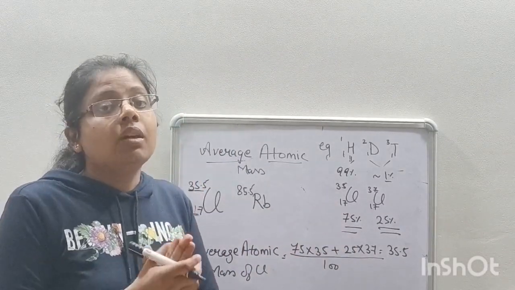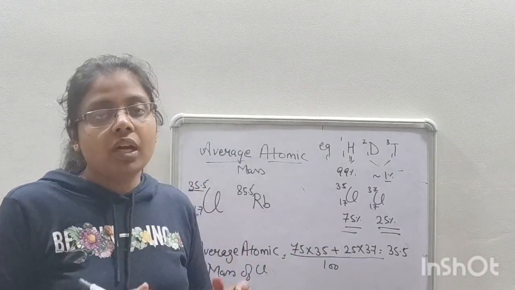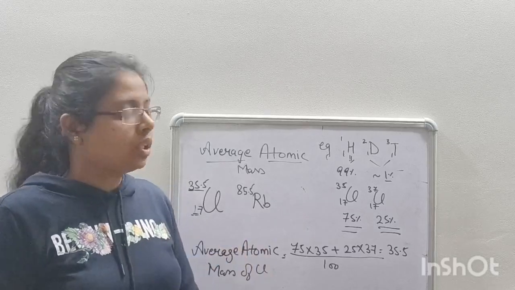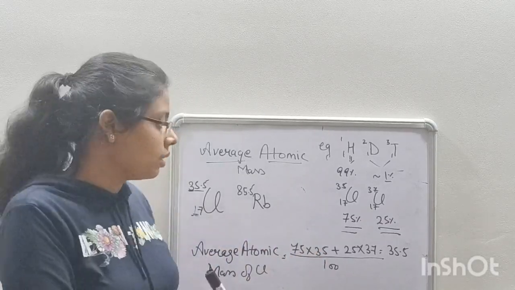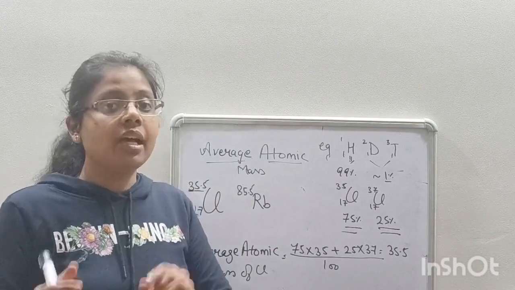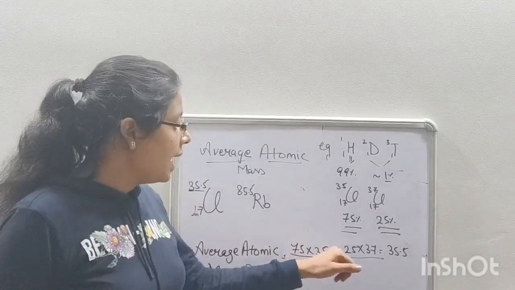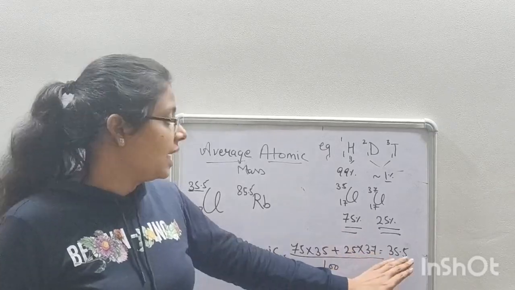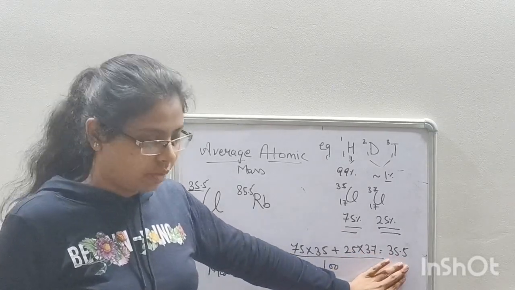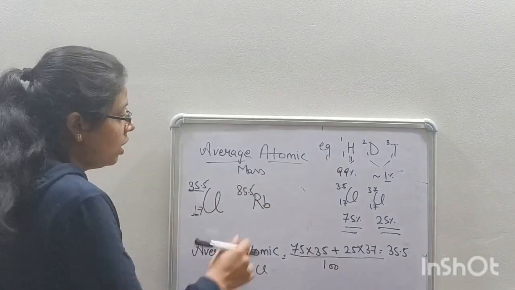But actually both of them are not present in equal amount. If both were present in equal amount, then we would divide by 2, that is, they are present in 50-50%. But now they are not present in 50%. One is present in 75% and another in 25%, and that's why its mass number comes out to be 35.5. But in case of hydrogen, what will happen is